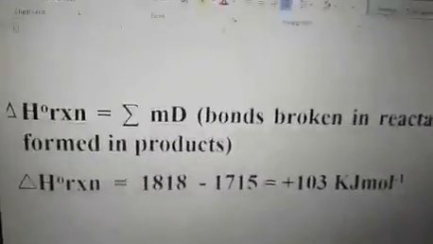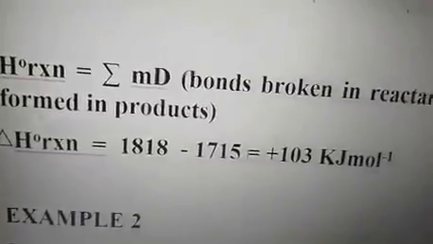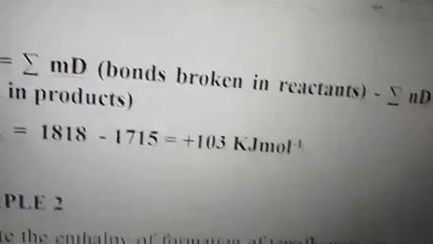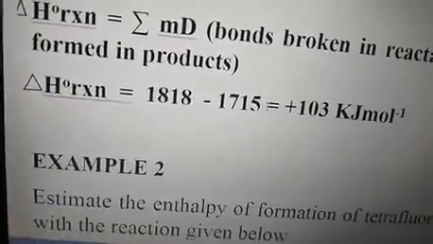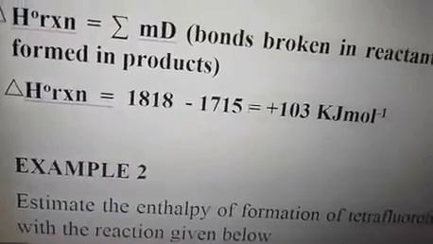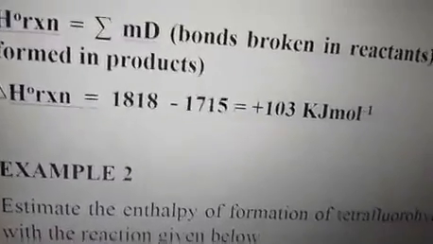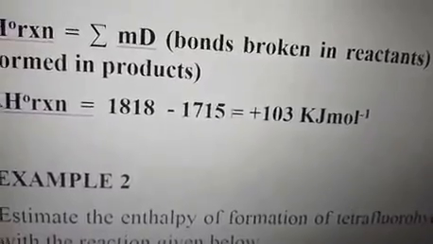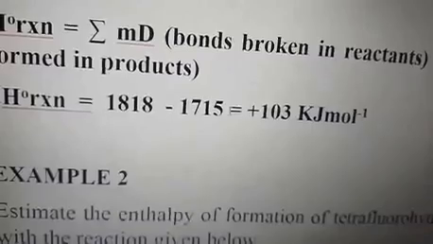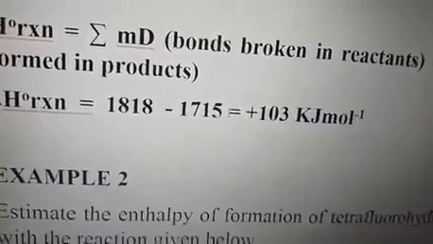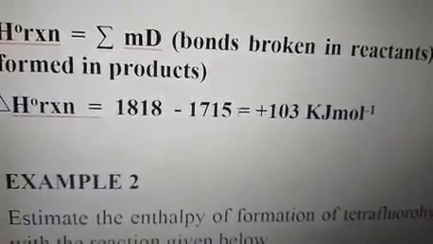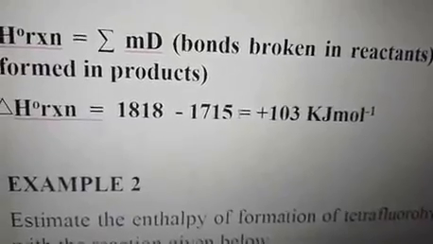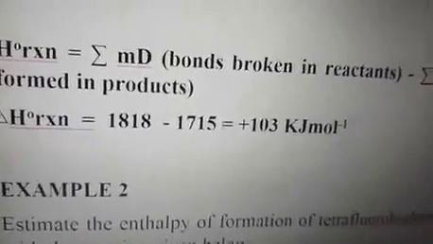Having calculated the total bond energy required for the reactants and for the products, we now apply the formula: enthalpy change equals the summation of bonds broken in reactants minus the summation of bonds formed in products. We now subtract 1818, which goes for the reactants, minus 1715, which goes for the product, and we get the final answer as plus 103 kilojoules per mole. So we need 103 kilojoules of energy absorbed to break all the bonds in